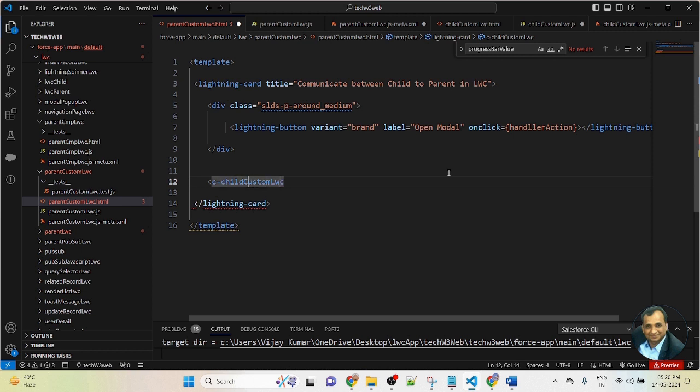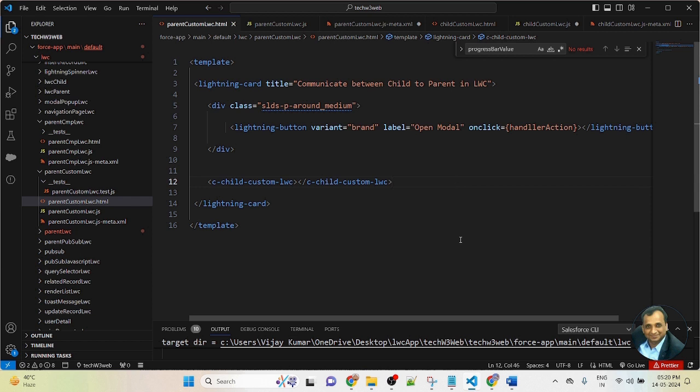Here you can see C is capital, so we will convert the capital C to small. First use c, then a dash, then small letters. So this is the name of the child component, child custom LWC. This component I am calling into the parent component.